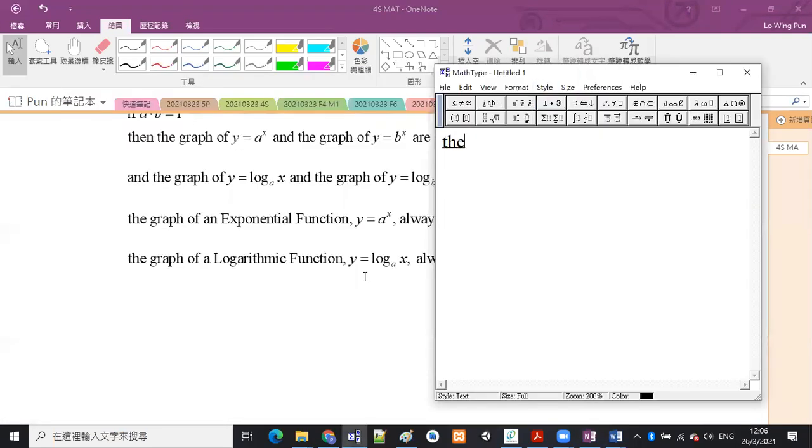The graph of y equals a to the power x and the graph of y equals log x base a are symmetric